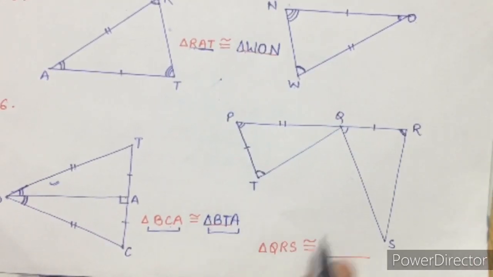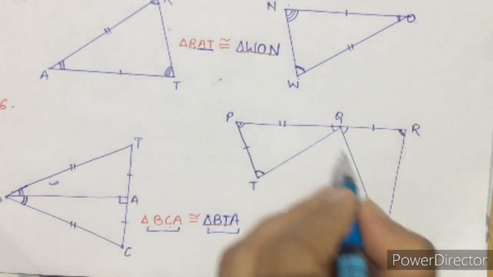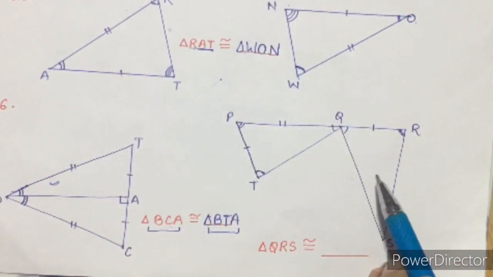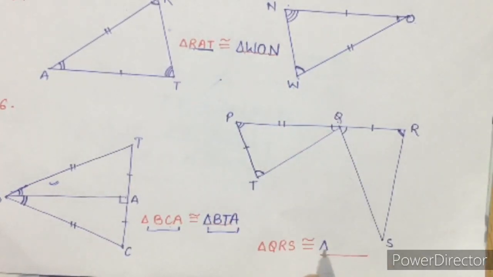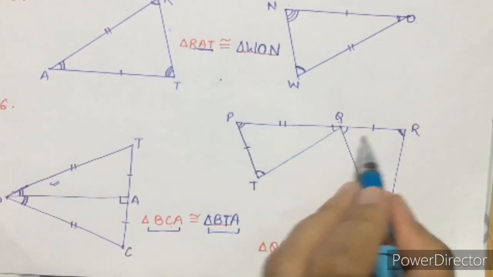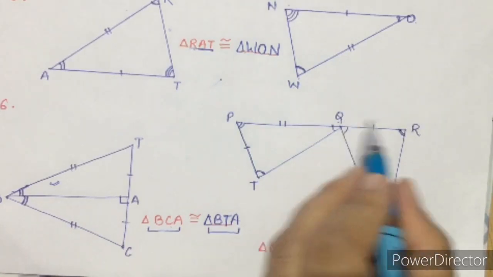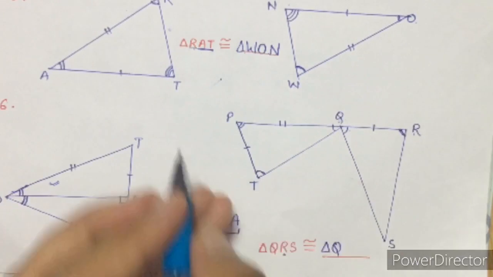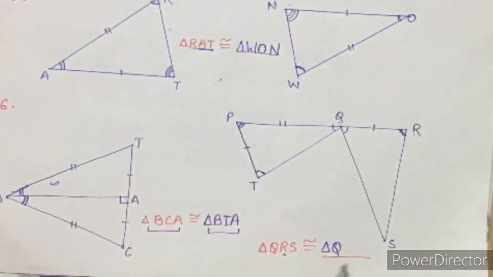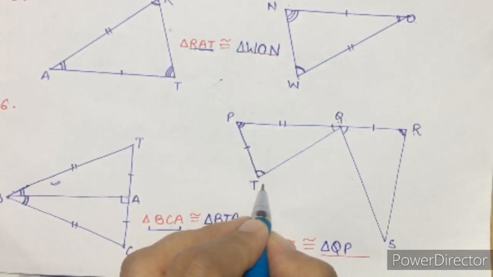Same way QRS. This is Q, this triangle, and they just want to know how the student writes the name of this triangle. Okay, here Q, and this also we will start with Q because Q is part of that side triangle, and the next letter is R. Okay, the next letter is R, and how many angles are made? Small 2 lines. See the small 2 lines on that side, who is that? That is P. And the next is S. What if it is S, it will be T that side. Fine,